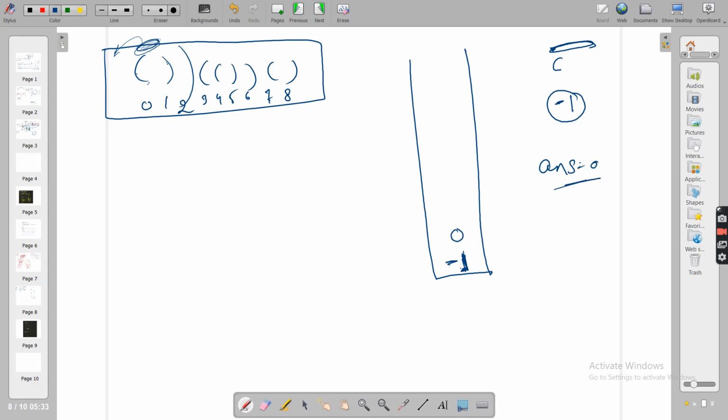So you get this closing bracket, which is 1. So 1 will remove 0; 1 will say, 0, you are part of my chain, you get out of it. I'll see who is the last index that was not contributing in our chain, which is -1. So 1 minus -1 is 2.